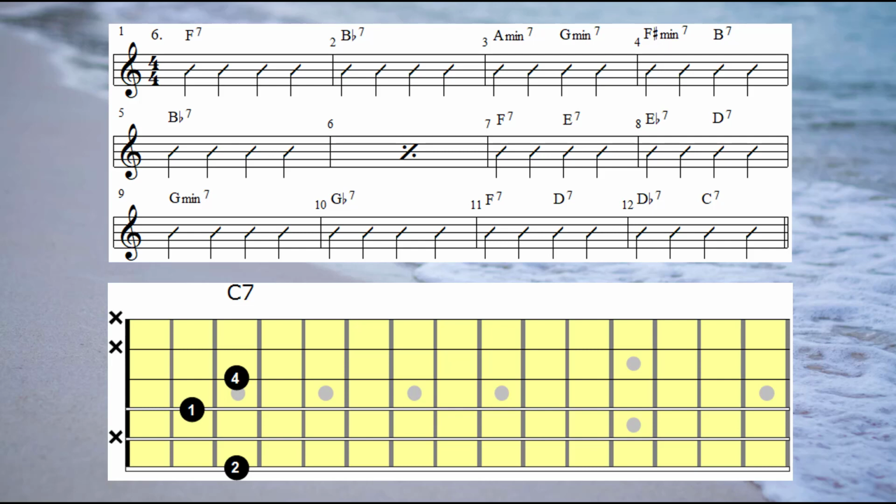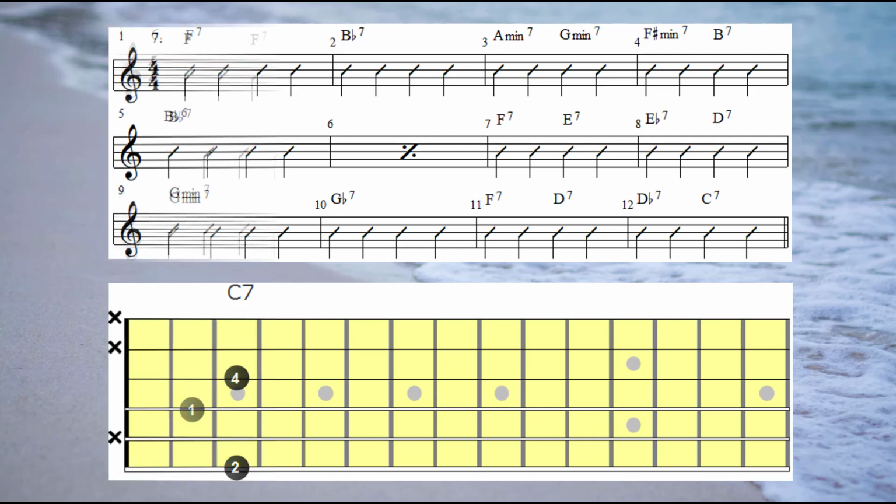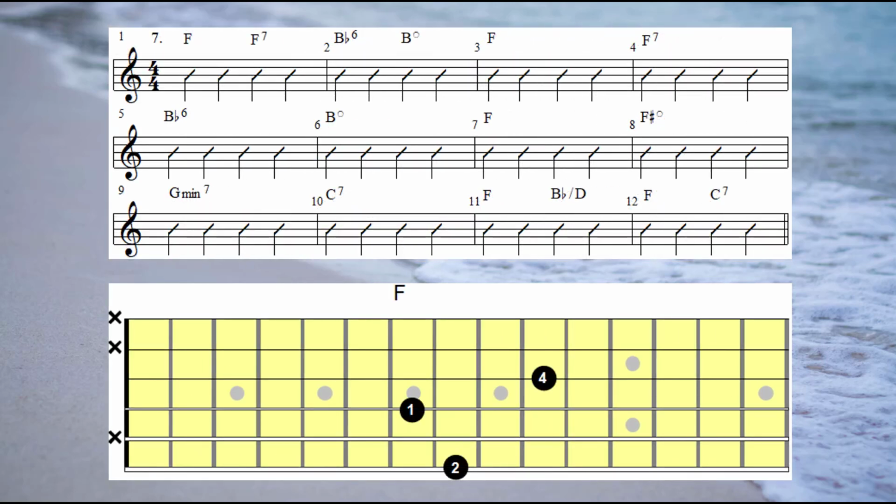Okay, when you're ready, let's move on to blues progression number 7. For these next couple of progressions, I'm going to begin each chord sequence with a major chord and then move to the dominant 7th. So in bar 1, we have F moving to F7 and then continuing on to chord